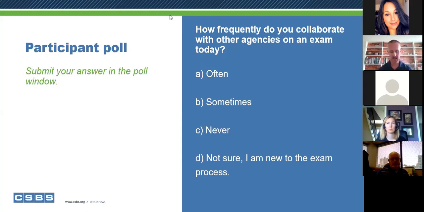And as you're filling this out, we recognize that the collaboration mindset exists differently in different industries. I come from the bank examination side. I think many of you know my background. I was an examiner with the state of Iowa, and we didn't often work with other state agencies because in the bank exam process, it's the chartering agency, the chartering state that typically does the lion's share of the work.